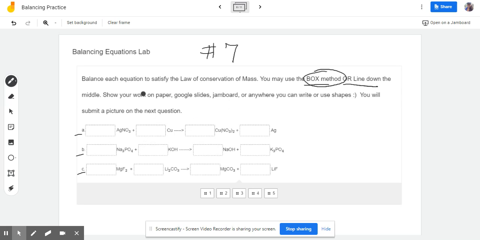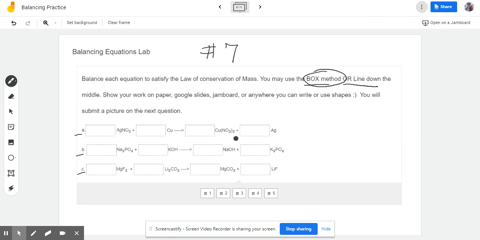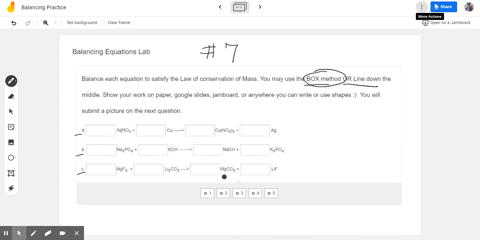And you can show your work on paper, Google Slides, or a Jamboard. So remember, you always have this option to click these 3 dots, and you can make a copy to submit your stuff that way, okay? So this is a really nice resource. Okay, so moving on